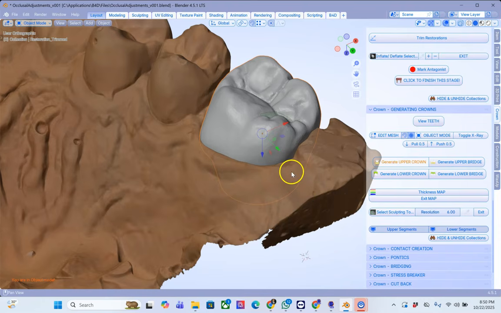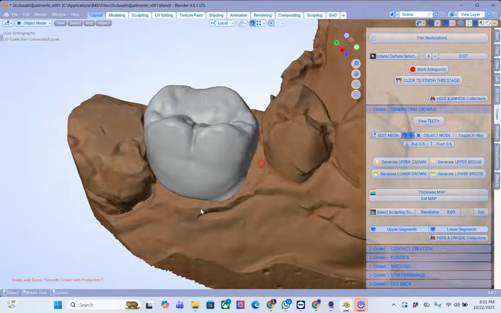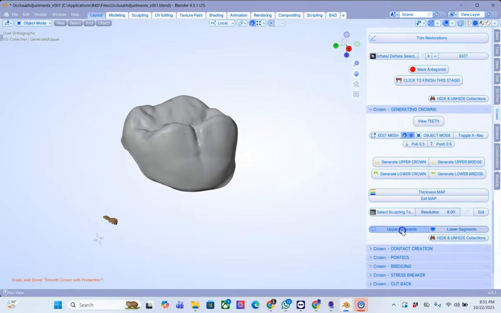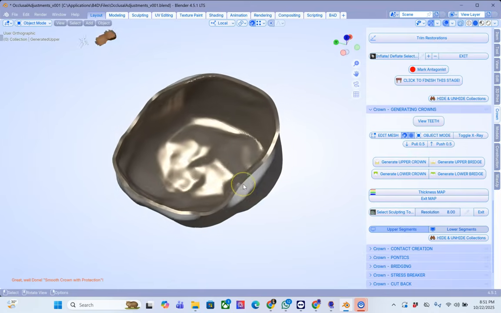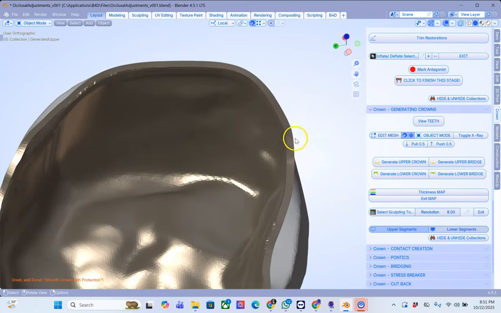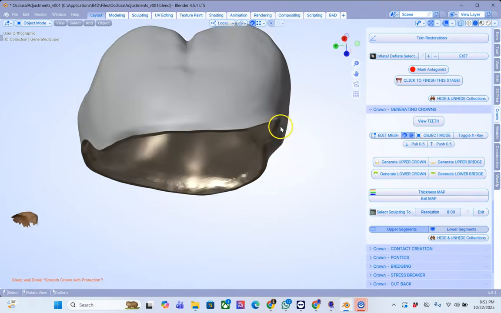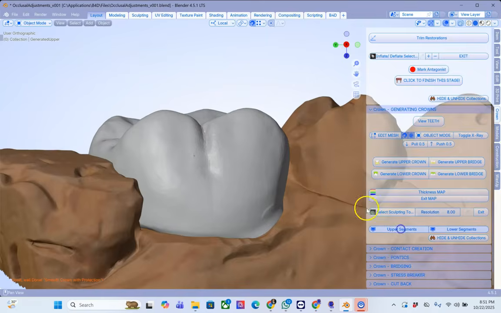So give it some time to think, because usually a crown would take about 20 seconds or a little bit longer depending on your computer speed, sometimes a little bit faster as well. You see, it's already done. So essentially the crown is done except for your contact areas. So here's the crown. We've got a beautiful 0.whatever I put in earlier,